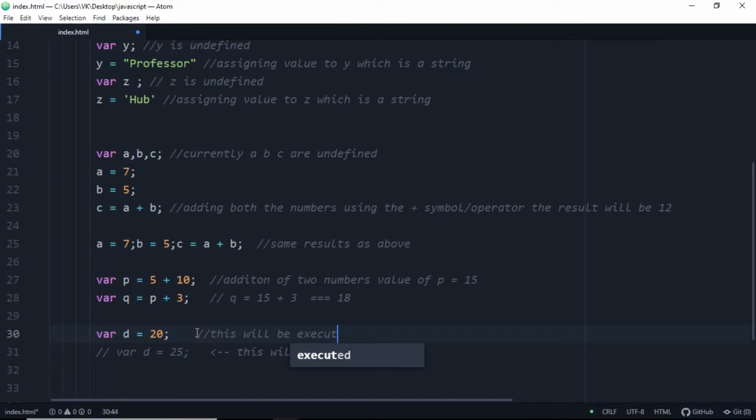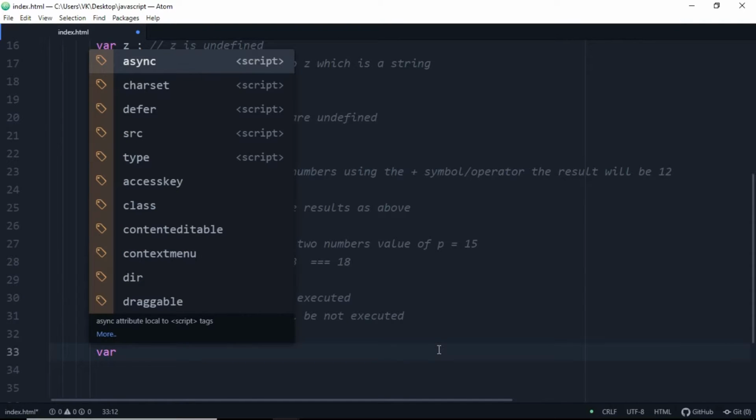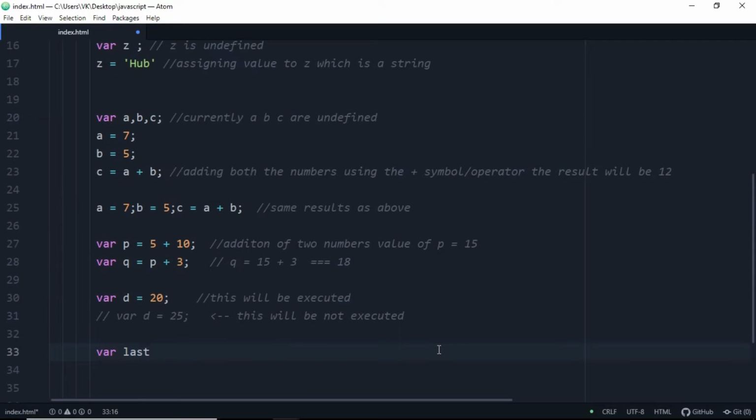This will be executed, because as you can see variable d is equal to 25 on the 31st line is a comment, as we have these two slashes before that particular variable, and at the 30th line we have variable d is equal to 20, which will be executed. So the comment will not be counted.